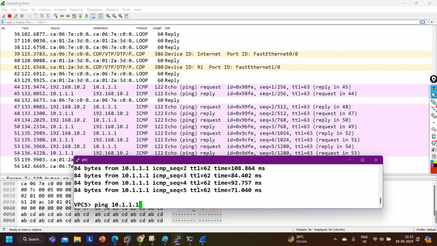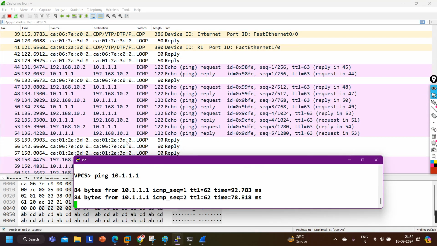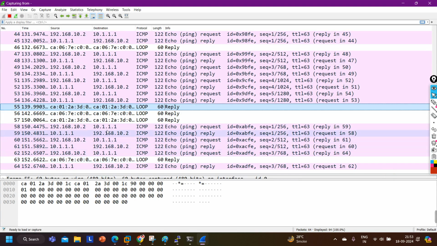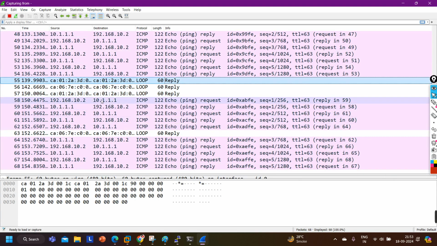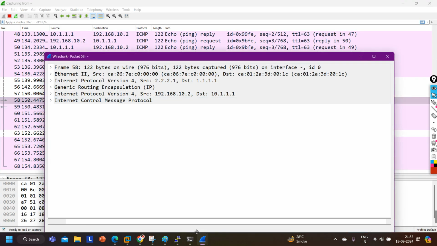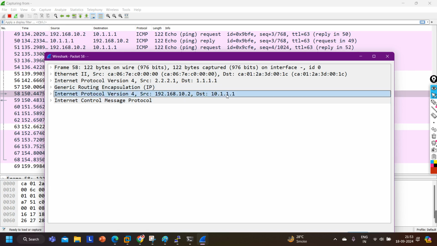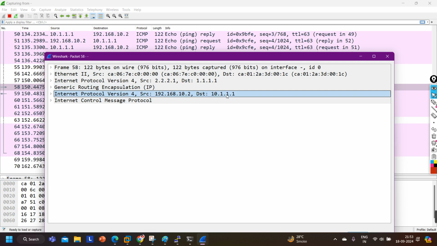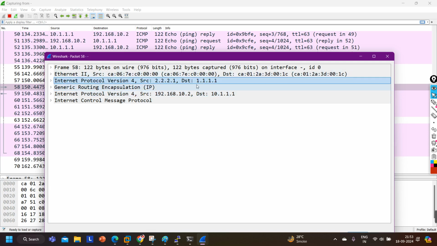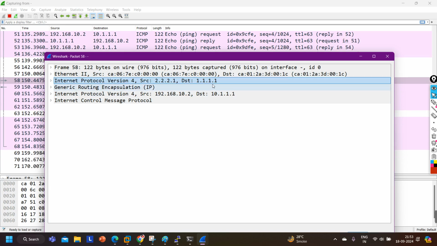Right, guys? See, just open any packet. The actual source is 192.168.10.2. Actual destination is 10.1.1.1, right? But in the extra header, source is public, destination is also public.